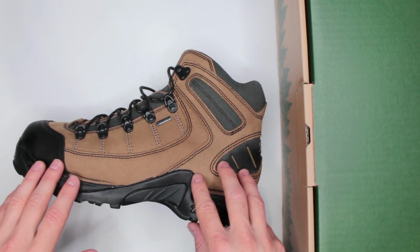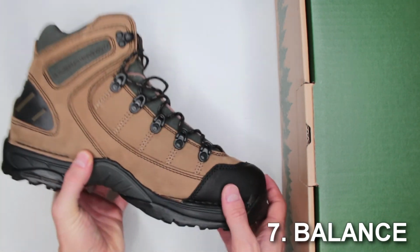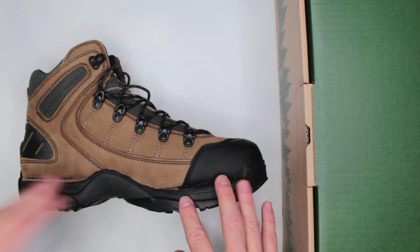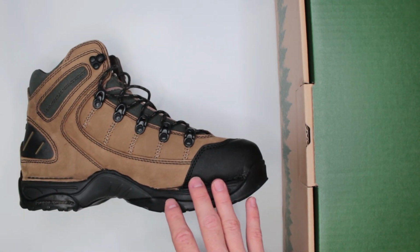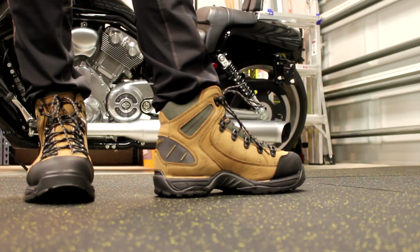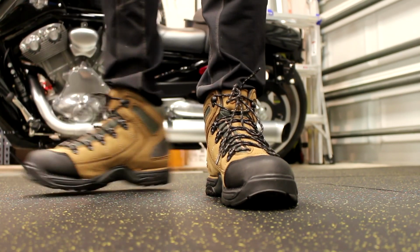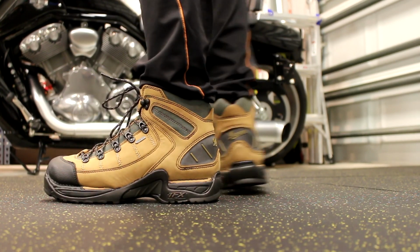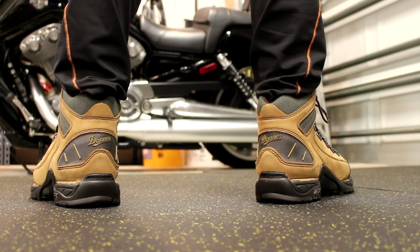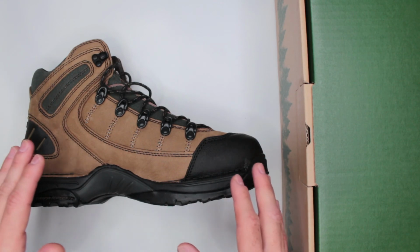Probably the most important one here, and it's the balance of application. Let's assume that this really is your survival boot, and that was the only boot option that you had in your house, and you would put it on, run out of your house, walk for miles, run from danger, maybe fight, maybe climb, whatever you need to do in survival. Would this be a good boot? Well, not in stealth situations, that is for sure. But other than that, I think it really comes down to your personal preference, because